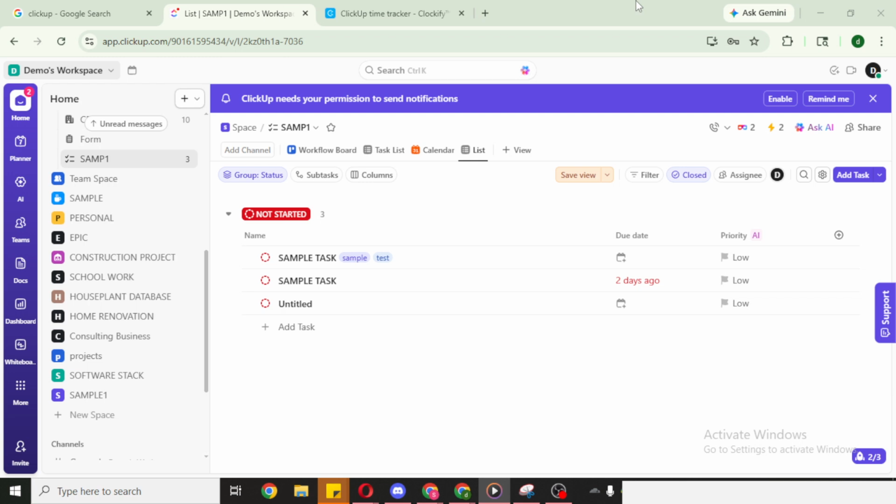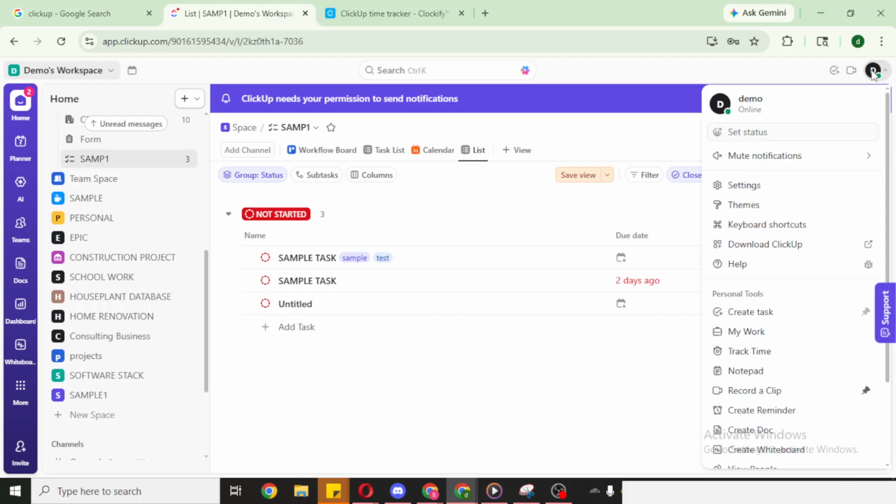This can be in your browser or the desktop app, whichever you normally use. Once ClickUp loads, look to the top right corner of the screen for your profile avatar. That profile button is the hub for your personal settings and workspace tools, and it's where you'll find access to user management. Click on your profile to open the menu.